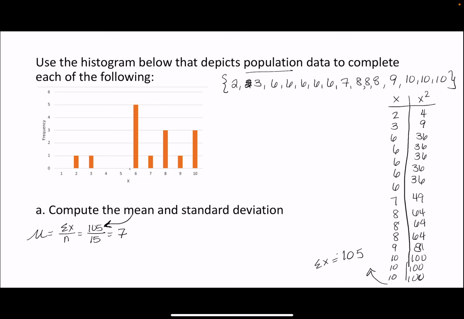Okay, hold on. And I did this a little kind of cheating here. Those 36s, that's 180. The 364s right here, that's going to be 192. And this is going to be 300. So what I need to add together is the 4, 9, 180, 49, 162, 81, and 300. So if we add up all of those good numbers together,